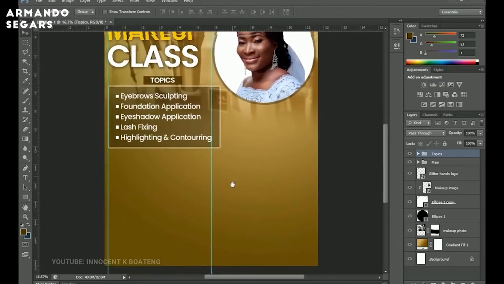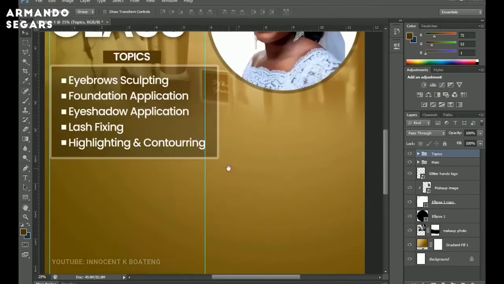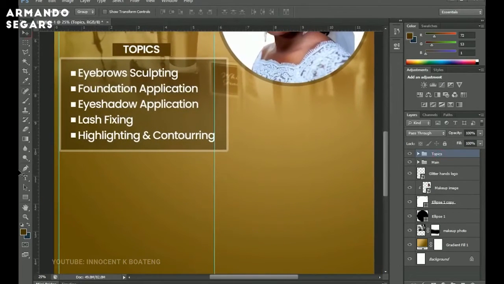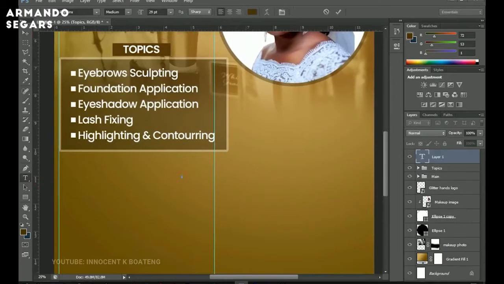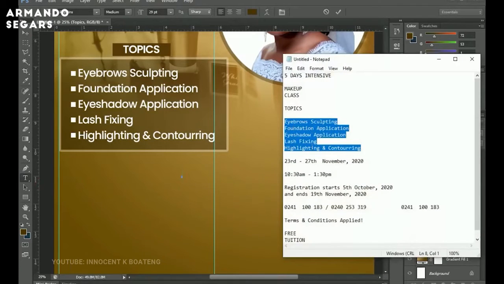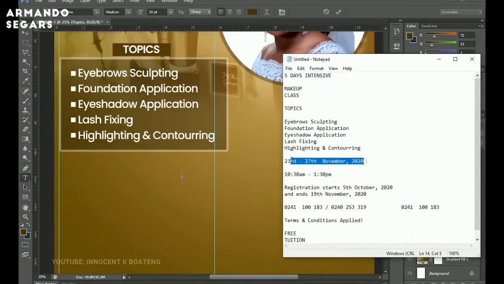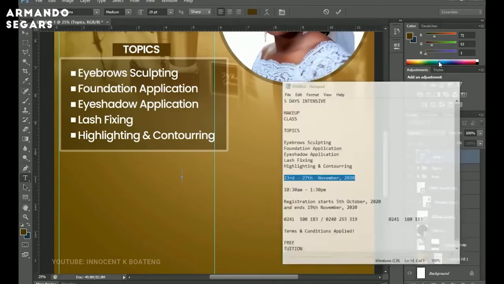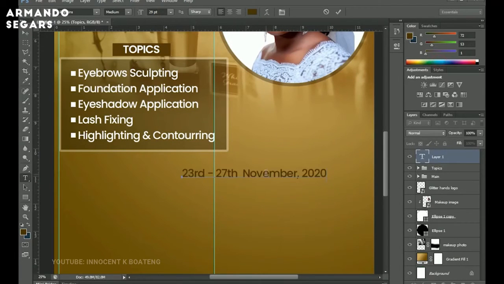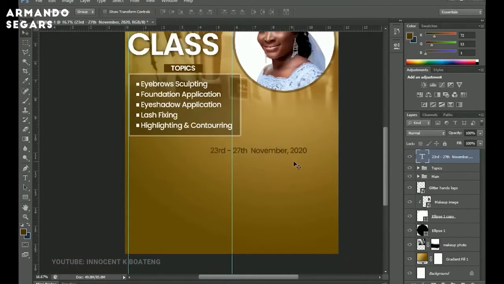So I'm going to be trying to fast forward some of these parts. I don't want to keep this long. So we go for our text tool over here and we go into the text. We have this particular 23rd to 20. So this is an actual program that is coming on. If you are interested in learning makeup or whatsoever, you can hit up the numbers on this flyer and call them. It's for free. So the date is an important one, so let's try to open it up by pressing